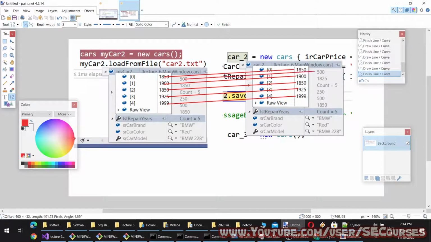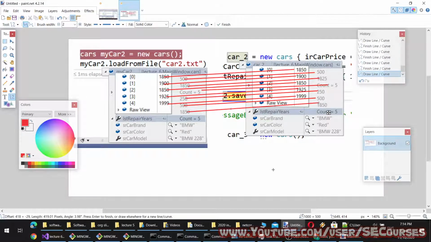Then let's compare other values. Same. Okay, this is not the same. As you can see, there is a difference. Why is that? This is same, and this is same, and this is same. Okay, we have a difference.